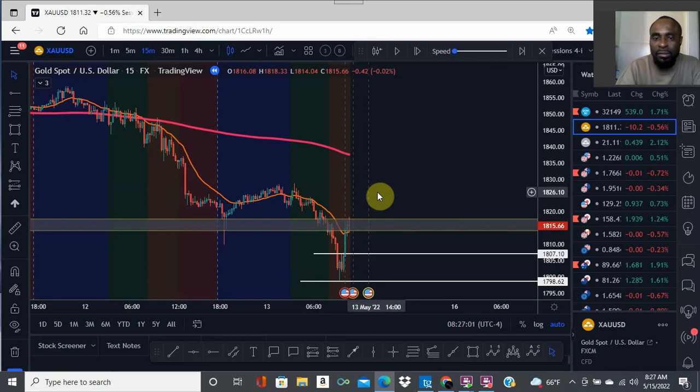In case you're overzealous and you think, hey, I'm gonna make a whole lot more money. No, lower your lot size, keep what you got. Took the money off the table, let's keep it that way. But you can probably go down on the 5 minute and watch price break this area, or you can stay up on the 15 minute and see